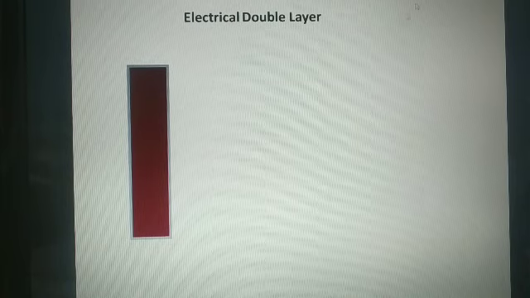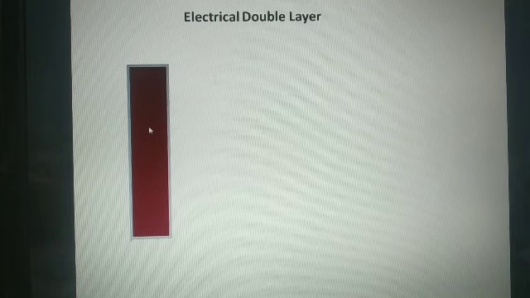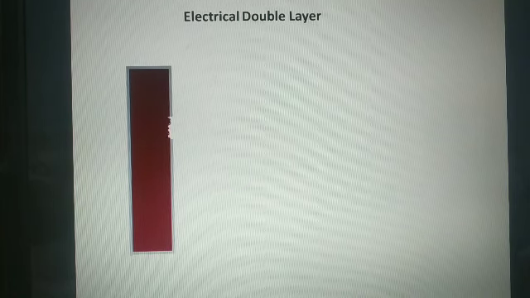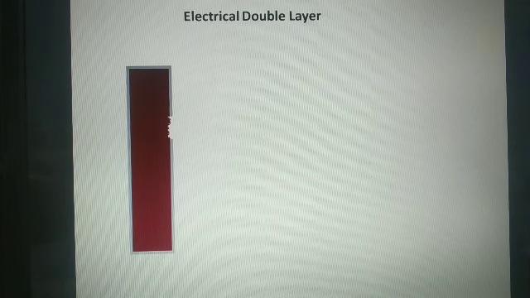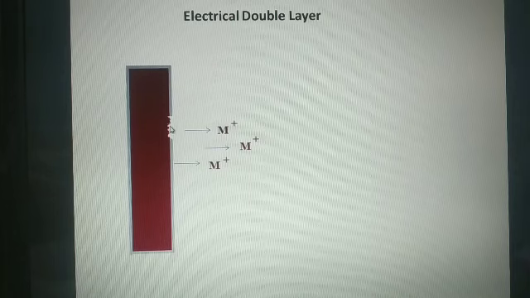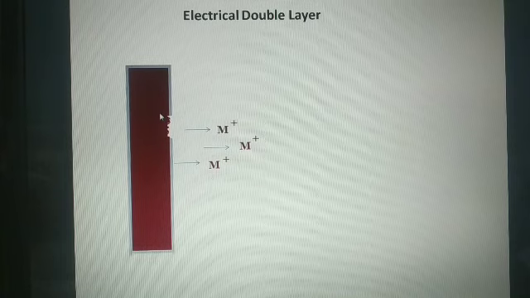You know that every metal has a thermodynamic probability that whenever it is in contact with the solution or the solvent, it has a tendency to get dissolved in the solution. So slowly and slowly it degrades, and metal loses electrons, and metal ions pass through the solution, and electrons are left over on the metal rod. This is a part of oxidation reduction.